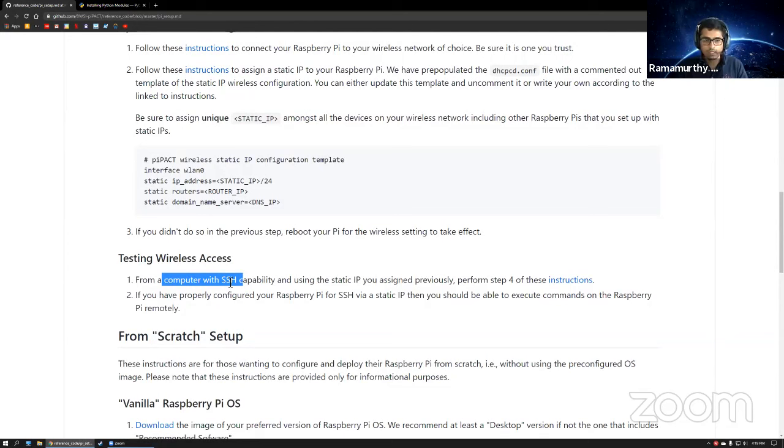So you want to test wireless access once you have this all set up. So from a computer with SSH capability, basically a computer,